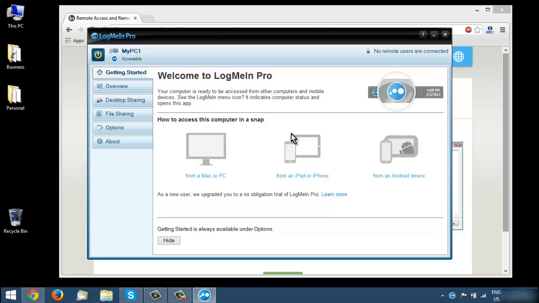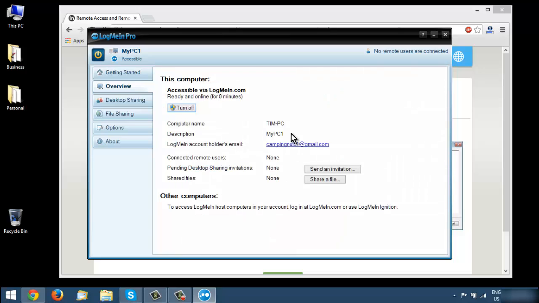Okay, so as you see, since I'm a new account holder, I now have access to LogMeIn Pro. And it gives you a little tutorial here on accessing from a Mac or PC or iPad or iPhone. Okay, so let's just go into overview here. Here you can access LogMeIn. Okay, and then here we have the computer that's available. So it gives you the computer name, the description that we put in there, the email address that's the login email address,